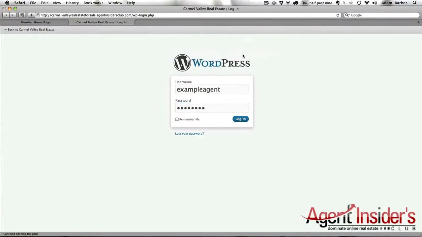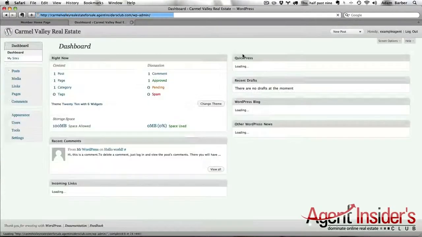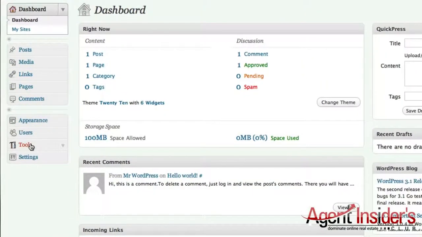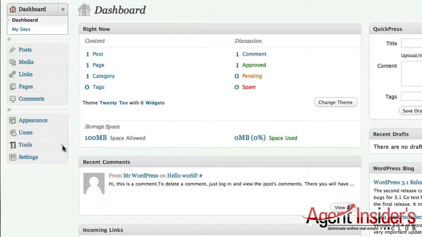Once you get logged in, you'll be routed to this space where you're going to find a sidebar, and down the left side of this sidebar, right here where it says Tools, go ahead and expand that field and look to the bottom of it where it says Domain Mapping. Go ahead and click Domain Mapping,